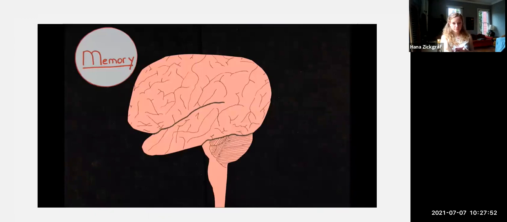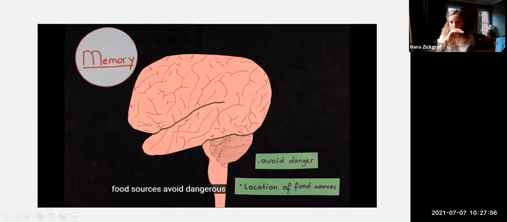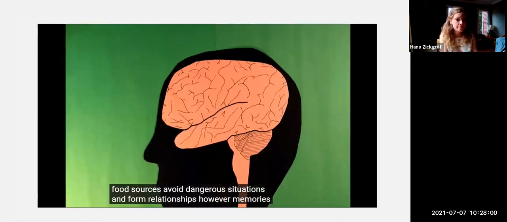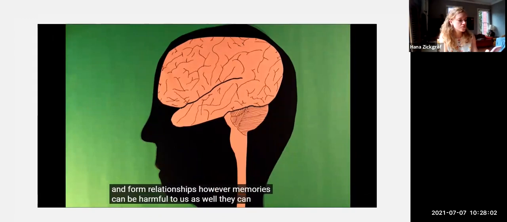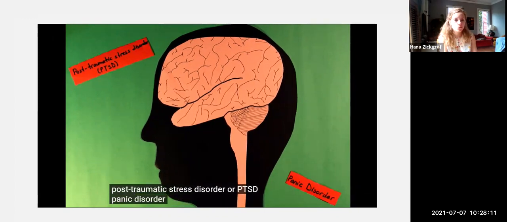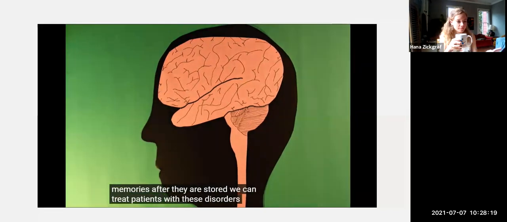Memories are useful for our survival. They allow us to remember the location of food sources, avoid dangerous situations, and form relationships. However, memories can be harmful to us as well. They can cause us a lot of emotional stress, and they can even initiate disorders such as post-traumatic stress disorder, or PTSD, panic disorder, depression, and phobias. If we can interfere with these harmful memories after they are stored, we can treat patients with these disorders much